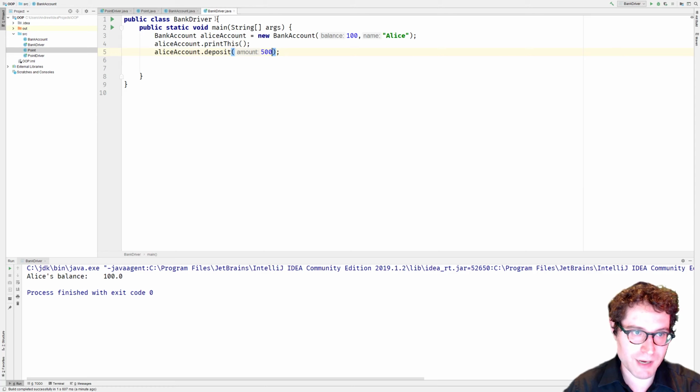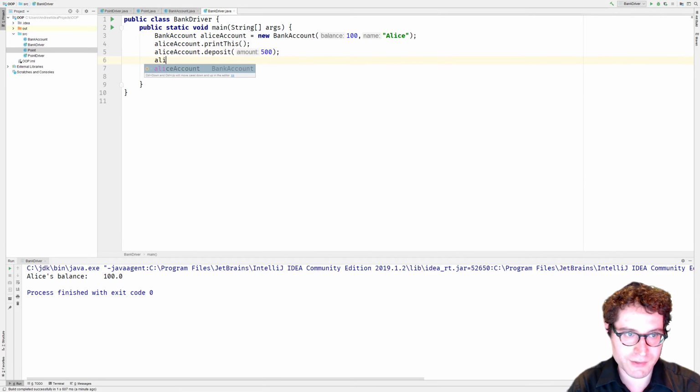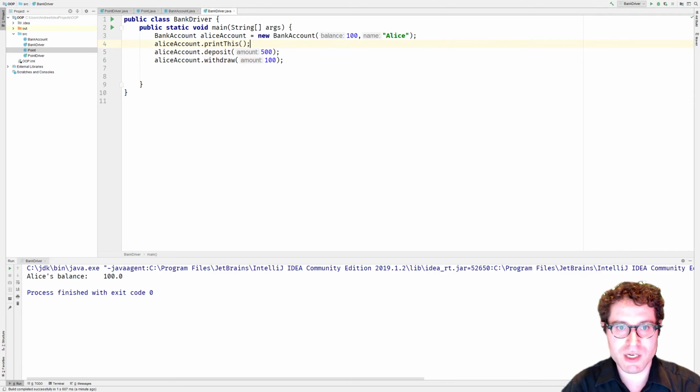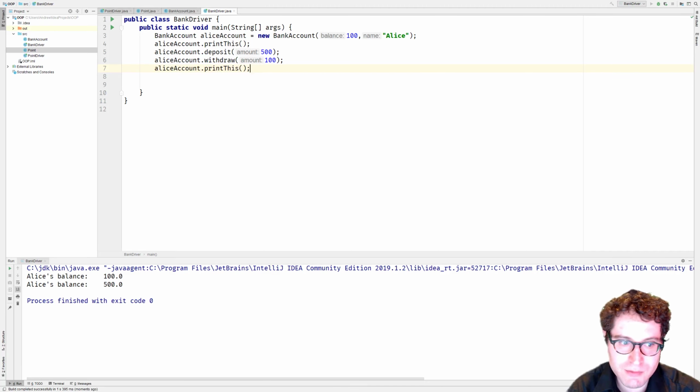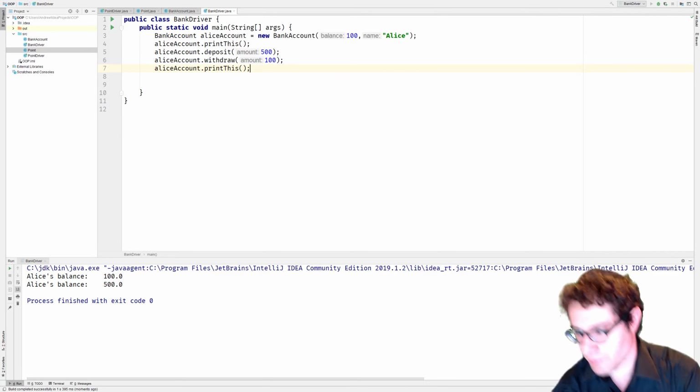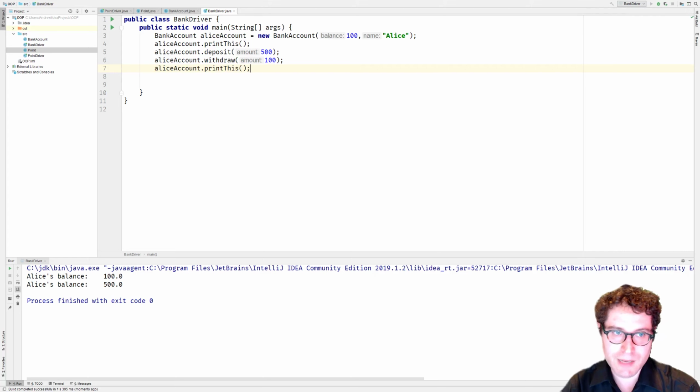So now if we go back over here, deposit 500, Alice account dot withdraw 100. So that was 100 plus 500 minus 100. So the total amount should be 500. Run this and we get 500. Makes sense so far. Okay. However,